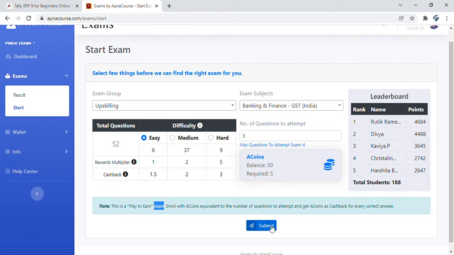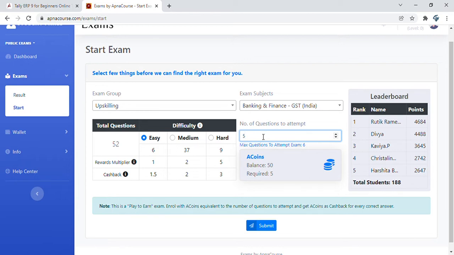So we submit. This is for the GST India subject, and this is for those who want to get the free upgrade to the GST India course. The minimum requirement for the upgrade is attempting 20 questions with at least 50% right.